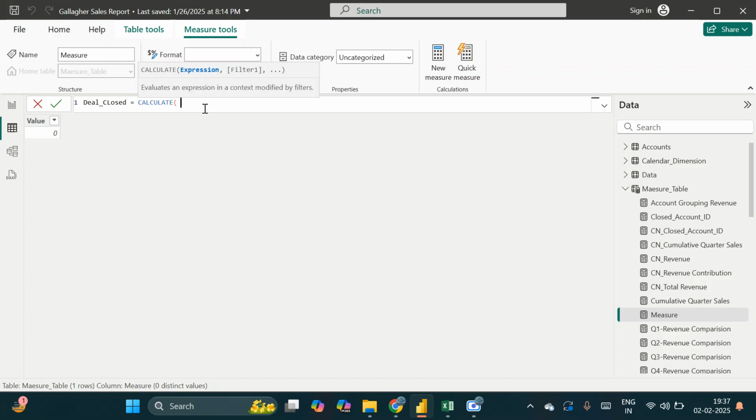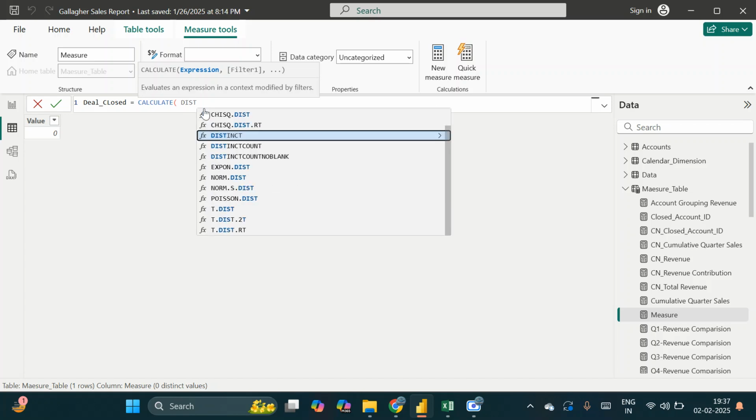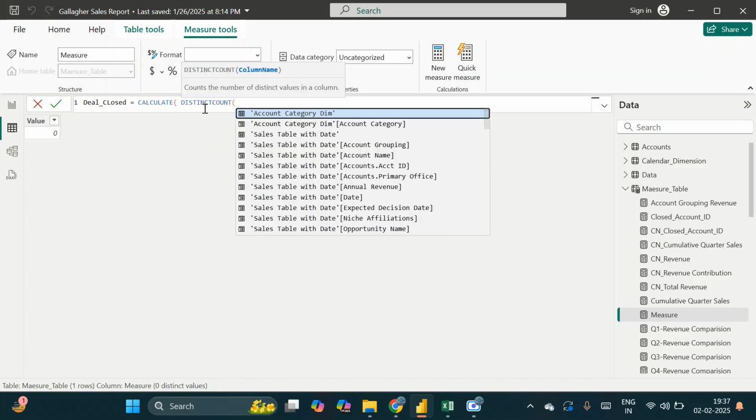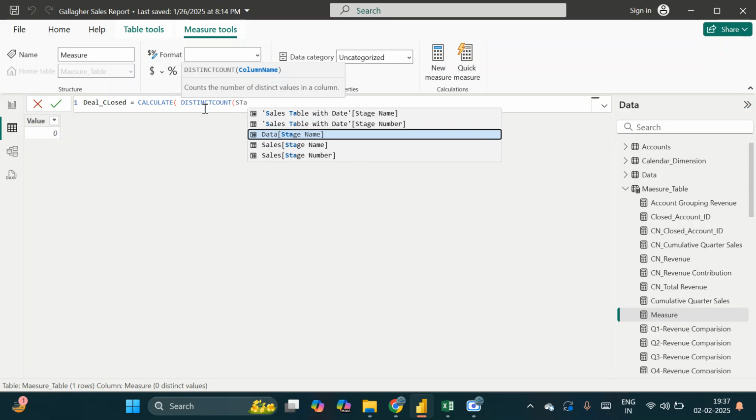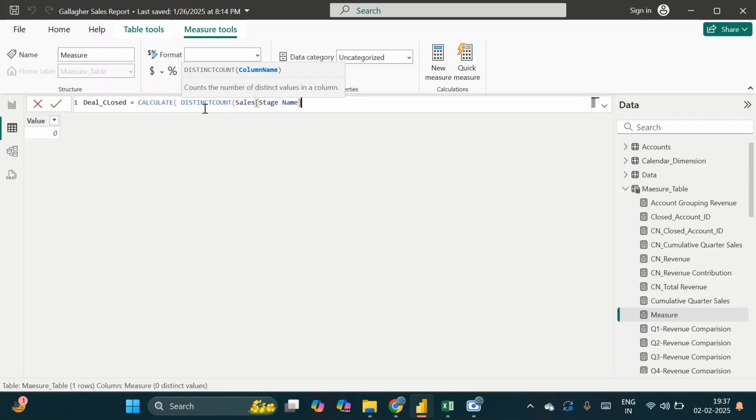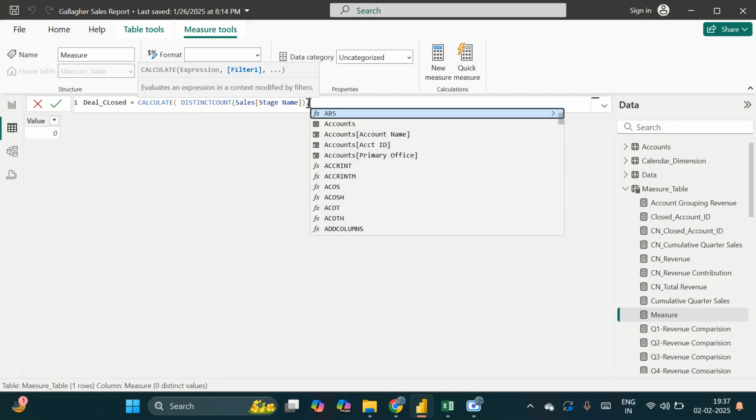The expression is a distinct count of the stage name. The stage name is present inside the sales table. So I'm taking the sales table stage name and doing the distinct count of stage name, but only for rows where